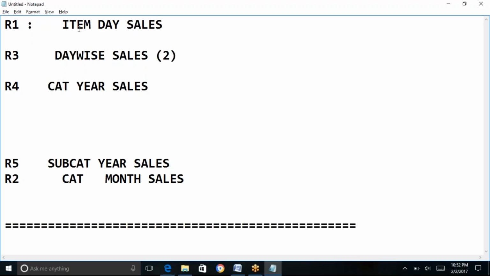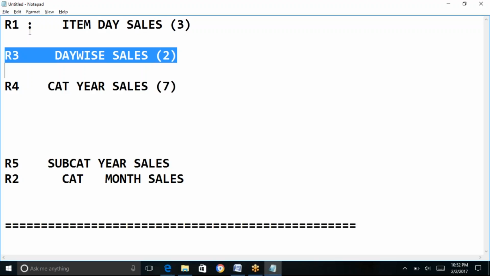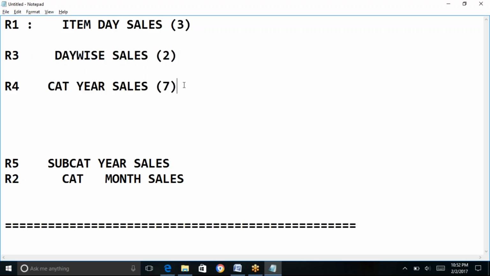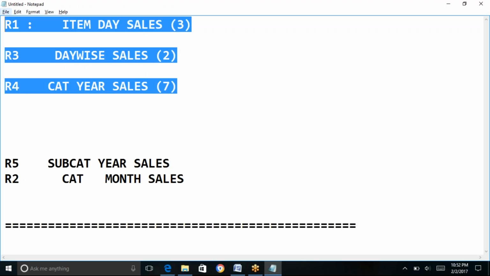And to get data for item, day, and then sales: for sales, one table, item, one table, day. So 3 tables. And this one is going to take all the tables: 1, 3, 3, so in total it is taking 7 tables. So this executes faster, and then R3, then R1, R4. So from this particular 3 list,